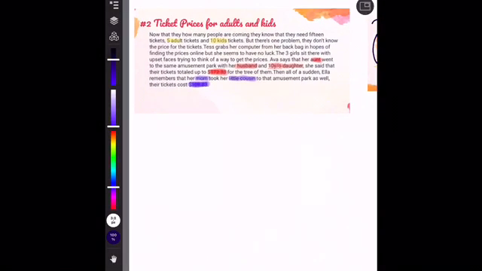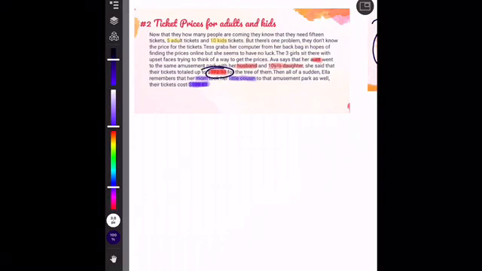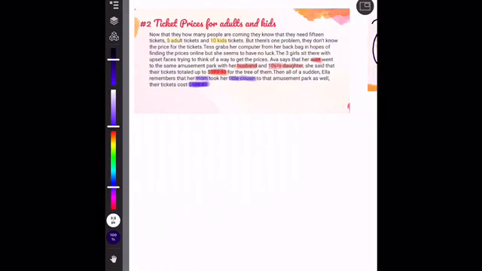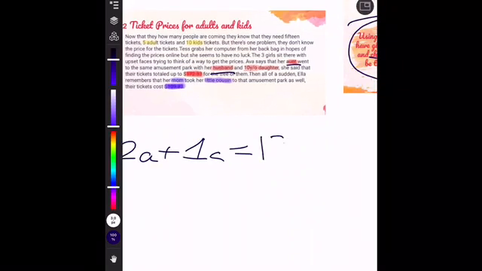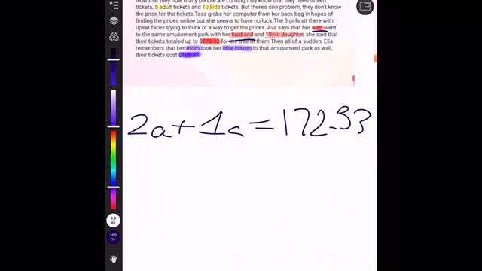So Ava says that her aunt, and her husband and her 10-year-old daughter went to the same amusement park, and this was the total of their tickets. Okay, so the aunt and the husband equal 2 adults, plus the daughter is 1 child, and their total for their tickets was $172.33. Now looking at the purple words,